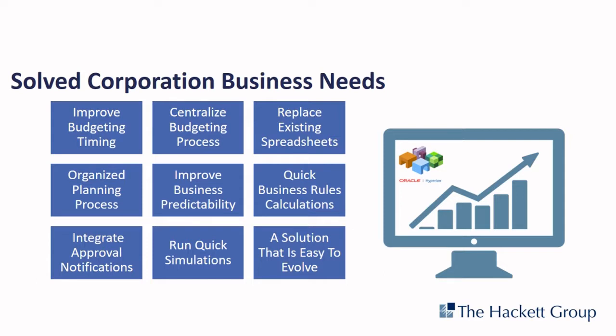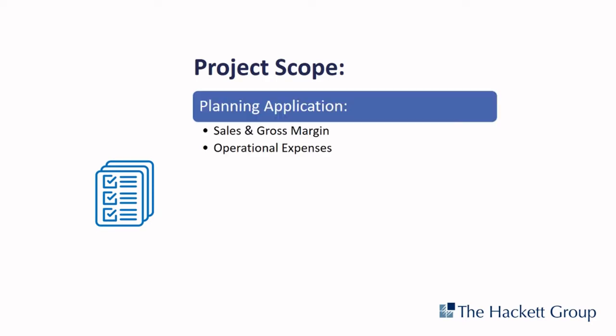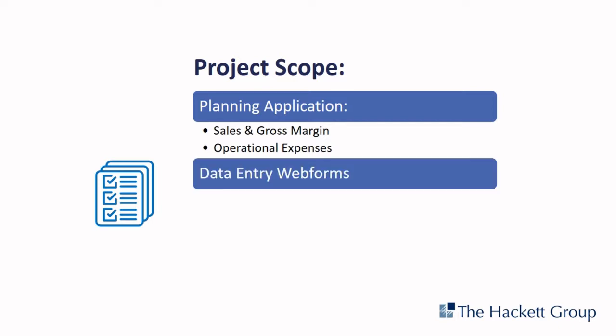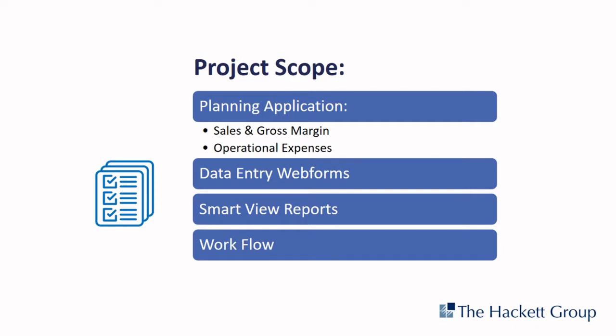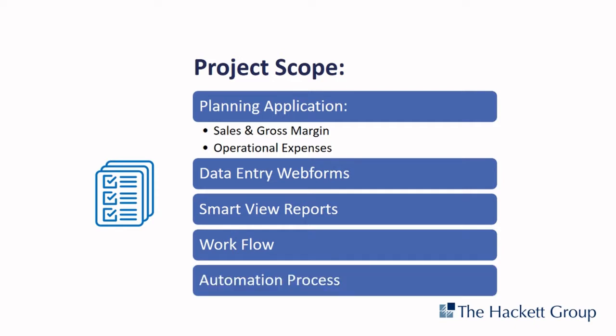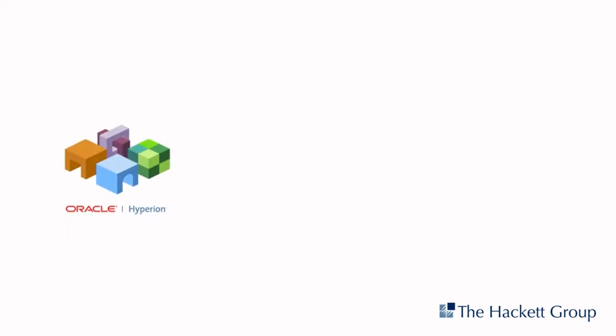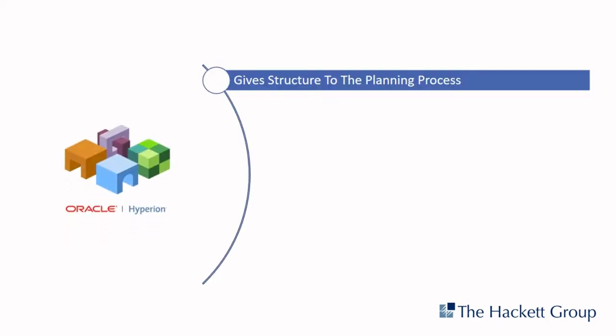Developments for this phase of the implementation include a planning application to facilitate the calculation of the sales and gross margin subject area, as well as operating expenses, data entry web forms, Smart View reports, a workflow, and the implementation of an automation process. Some of the main benefits of the implemented solutions are: it gives structure to the planning